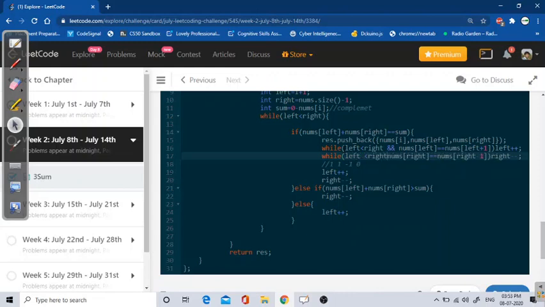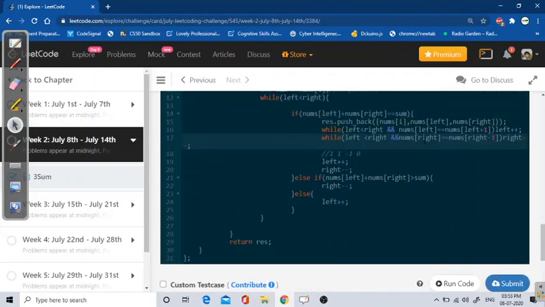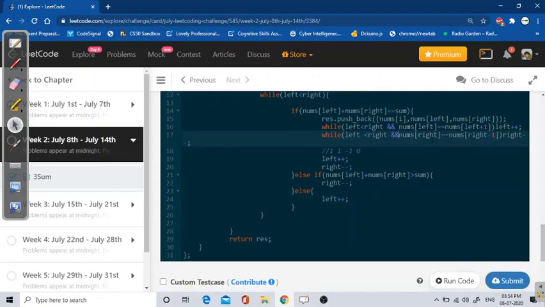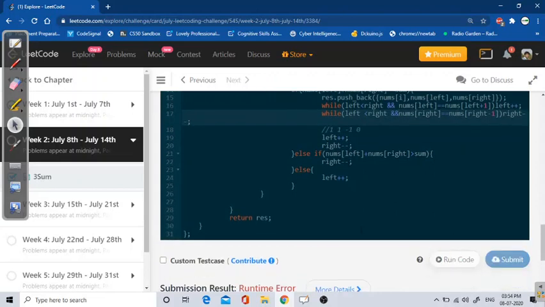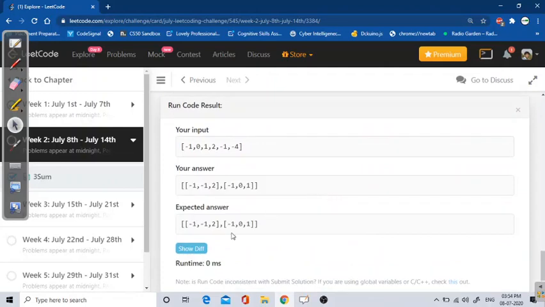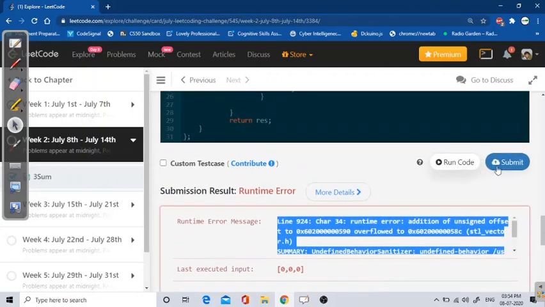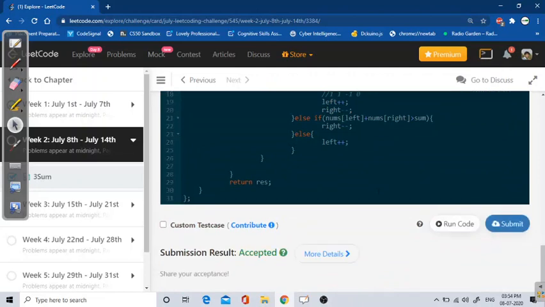Let's run now and see if there is any more error. Right minus minus, left. Okay, now it seems fine. Okay, we got our solution. Test cases are passed, and let's see if our code is running for all the cases. Yes guys, so it is